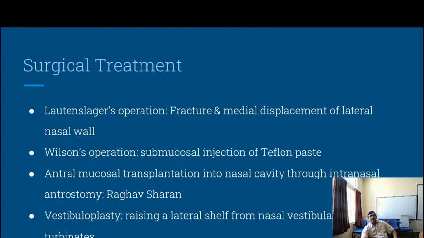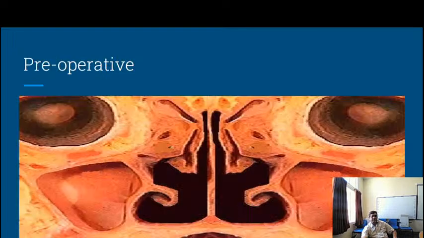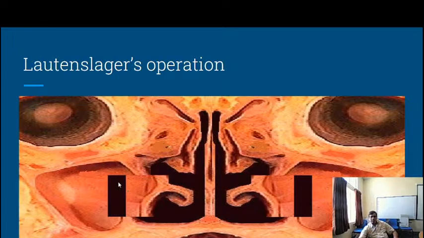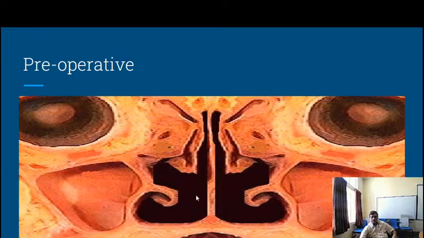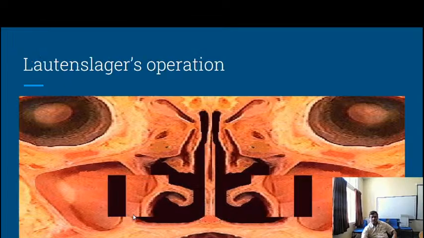Then, surgical treatment: as I told you, the various other procedures we will go through rapidly. This is the nasal cavity. The lateral wall of the nasal cavity above is separated by the cribriform plate, whereas below it is the maxillary sinus. So the maxillary sinus wall is the one which is pushed medially. This is the Lautenslager operation, wherein such a wide, roomy nasal cavity becomes narrow,